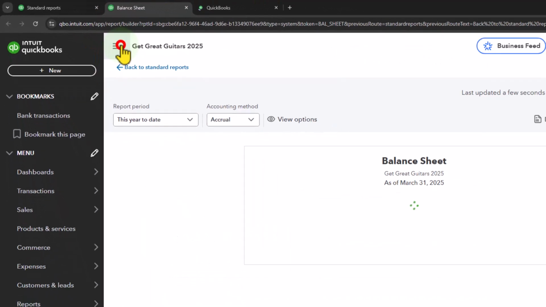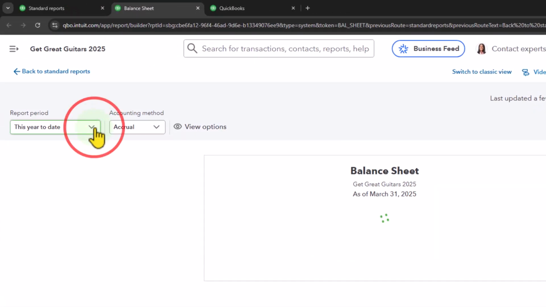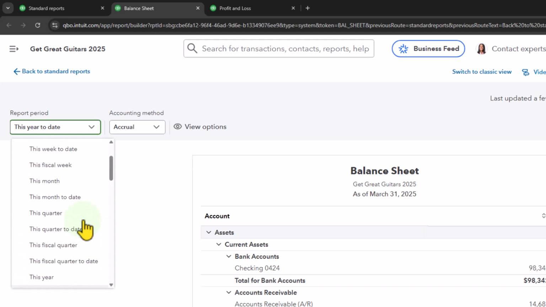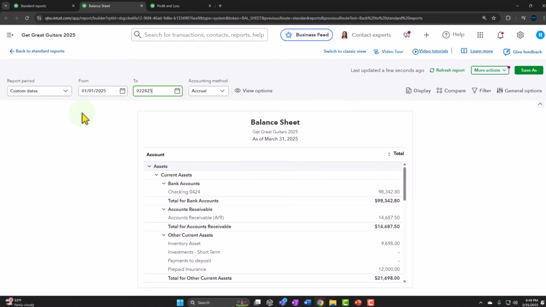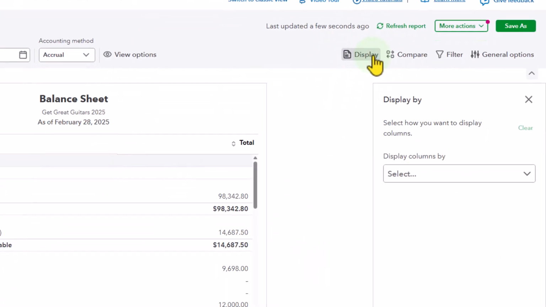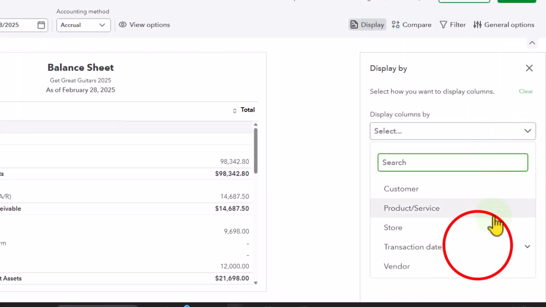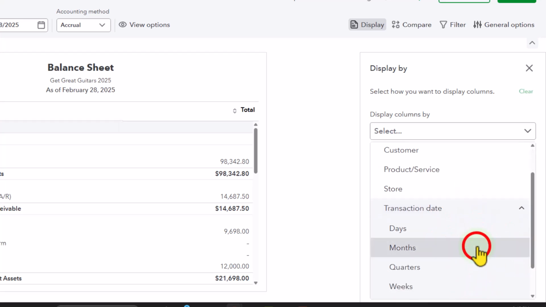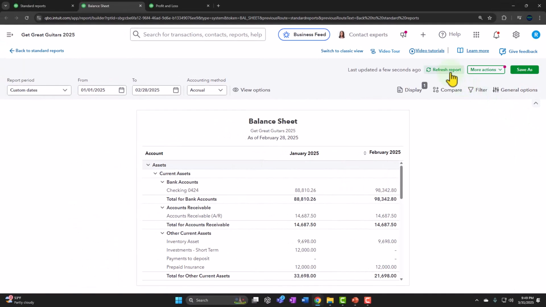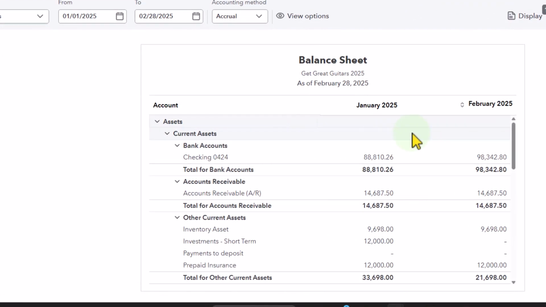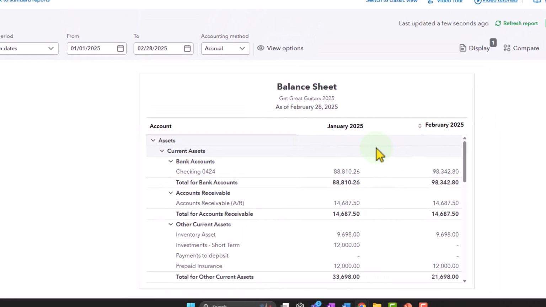Tab into the middle, closing the hamburger, currently in the modern view mode because that's the default these days. Scrolling up top, we're going to the custom dates. I want to have the range for the first 2 months of 2025, that is 01/01/25 tab 02/28/25. And then we're going to select the display so we can hit the drop down to see the dates, to put it in a month by month, side by side, closing it back up. It's already been refreshed, but there's the button. January, February of 2025 is now side by side. That's what we want to see.